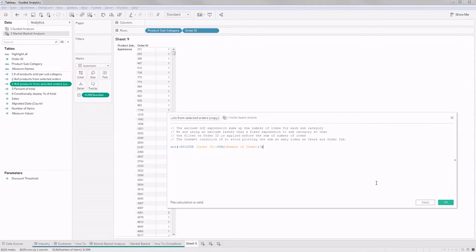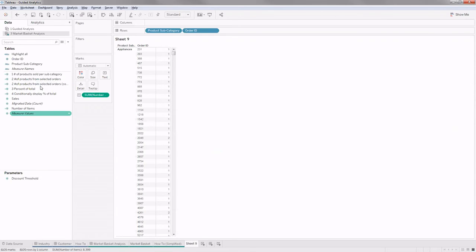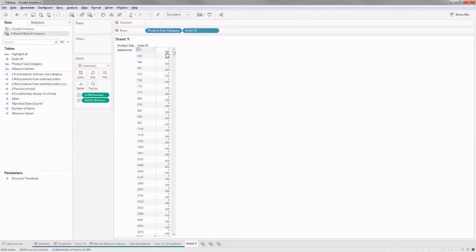This is just my LOD expression with the exclude. Okay, now I'll put this under text. So what's happening here is my visualization, my initial value is 1, but the LOD expression is giving 435,400. It's basically duplicating because my calculation is being performed at the subcategory level, but my visualization is at the order ID level. Therefore, since my visualization is at a more granular detail than my calculation, as we saw earlier, it will duplicate the value, and that's what's happening here as well.